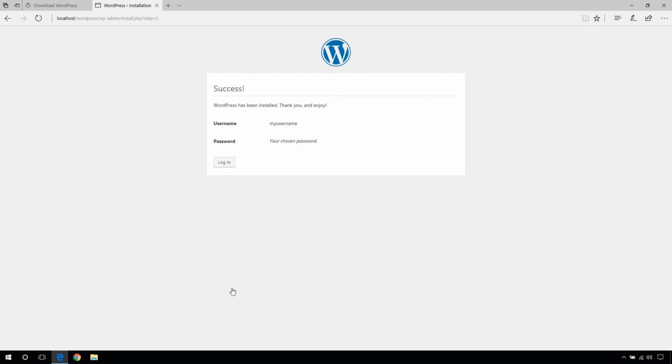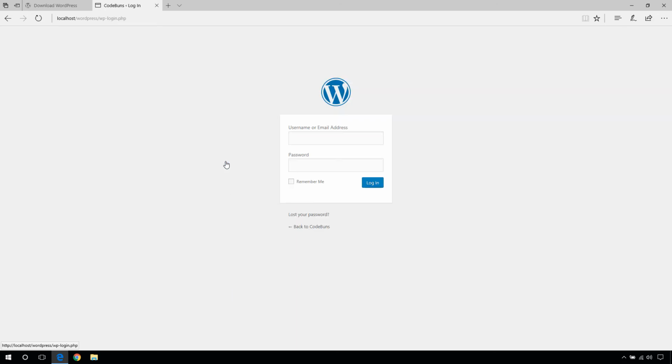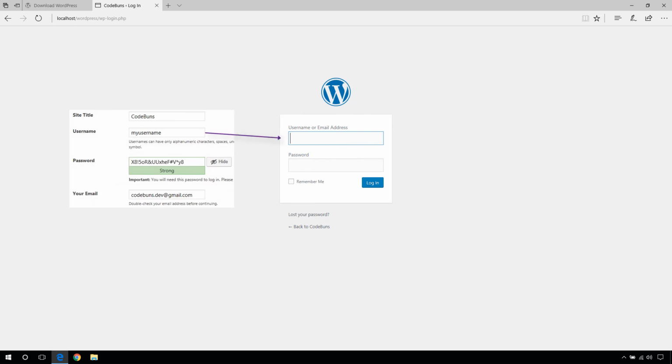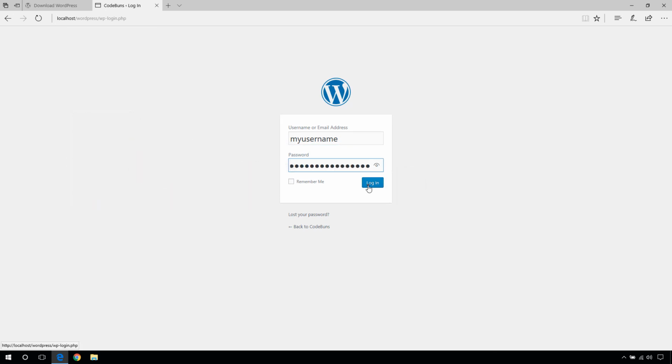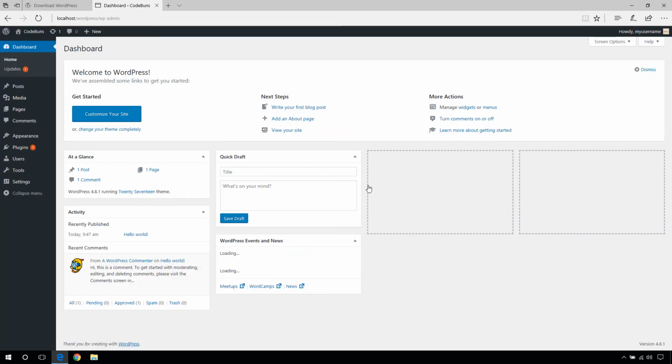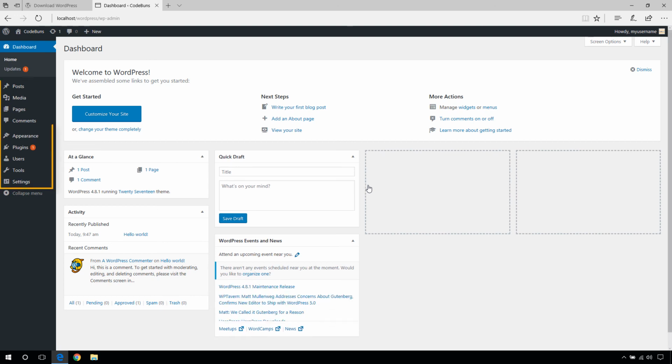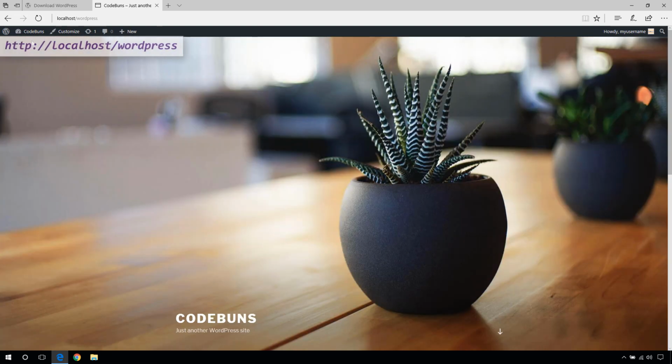Congratulations, you have successfully installed WordPress locally on your machine. Now you are ready to publish your contents. Click Login. It's going to take you to the login page. Enter username and password we created in the last step. This is the first screen you will see after login. This provides access to all the management tools for your website like customizing the appearance, plugins installation, posts or pages and many more. Finally, this is your new WordPress website up and running on WAMP.